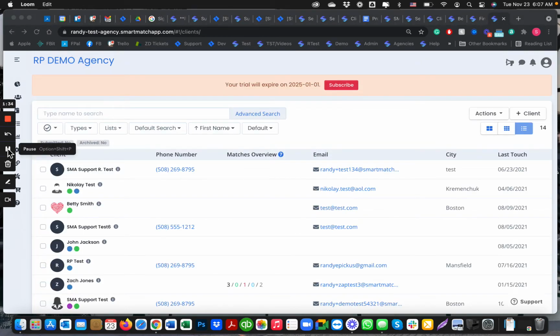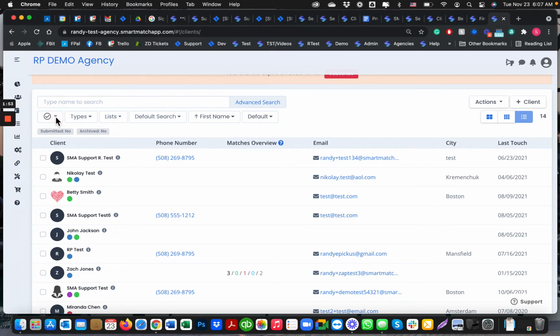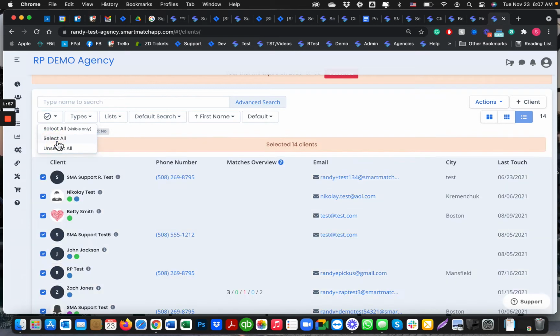The second security item that we improved upon is bulk deletions. Let's say you search for a list, and you want to delete a lot of people from your agency. You sort the list however you want, and then you can select all. When you select all, you're going to see a number up here of how many people are selected. If you want to delete them all, you can go to Actions